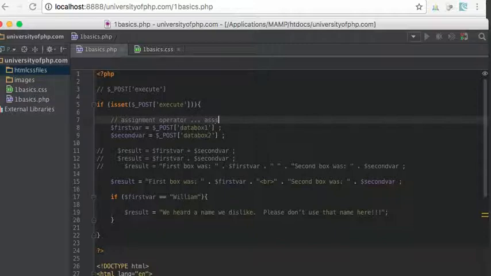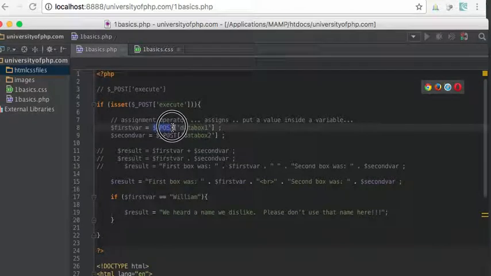What it does is it assigns, or you could just say it puts a value inside a variable. So remember post, now it will put data box 1, whatever was in data box 1,